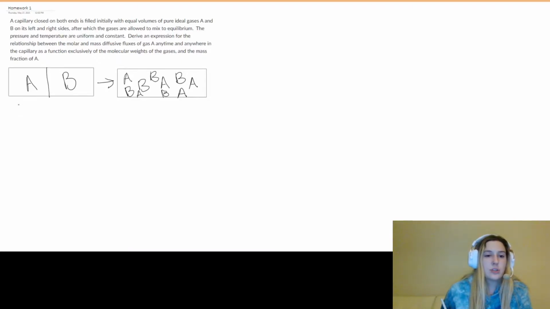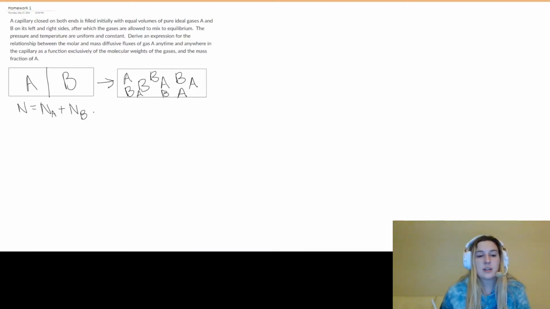That's usually represented by a capital N, and the total molar flux is equal to the molar flux of component A plus the molar flux of component B in this situation, because there's two gases A and B. And in this situation, since they are mixed to equilibrium and they're uniformly and completely mixed, it's going to equal 0